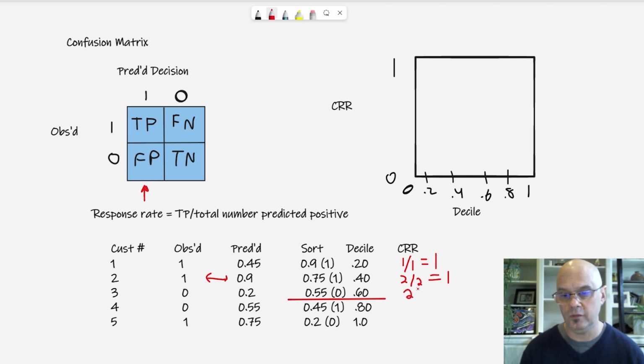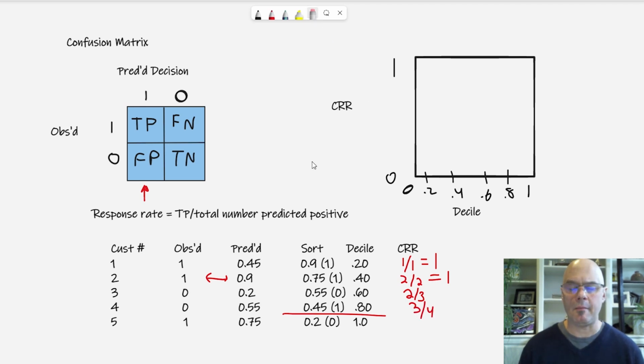Out of the 3 individuals captured, 2 of them were known to be observed 1s. Let's go a little bit quicker now. Further down my sorted list, I'm at a decile of 0.8. I've captured 4 individuals now, but of those 4, 3 were observed to be event cases. My cumulative response rate at a decile of 0.8 is 3 out of 4.